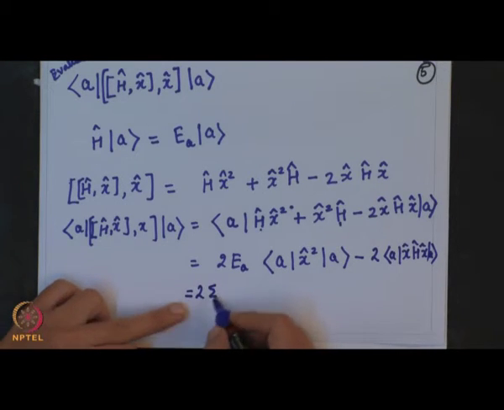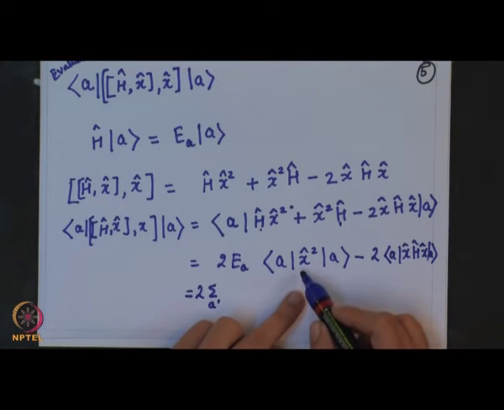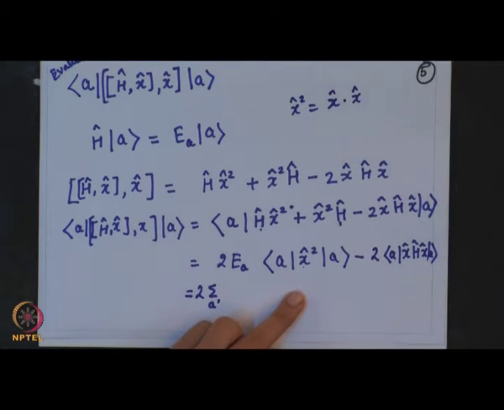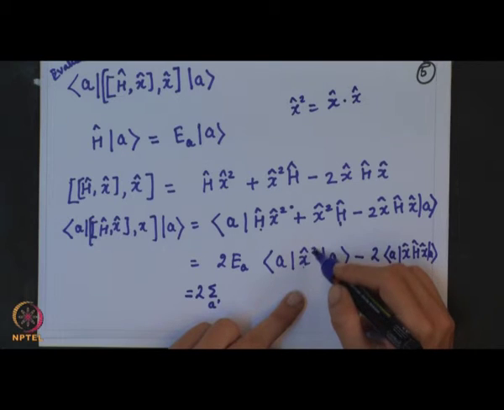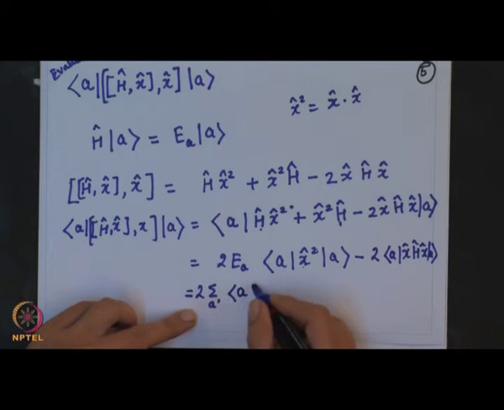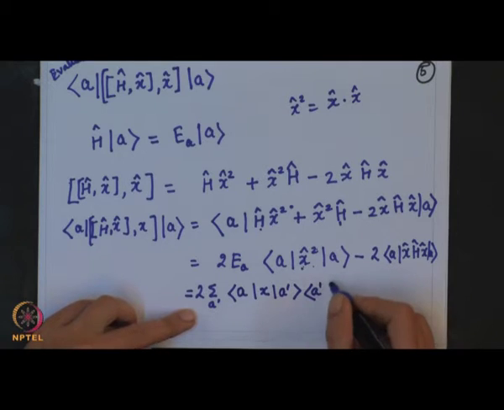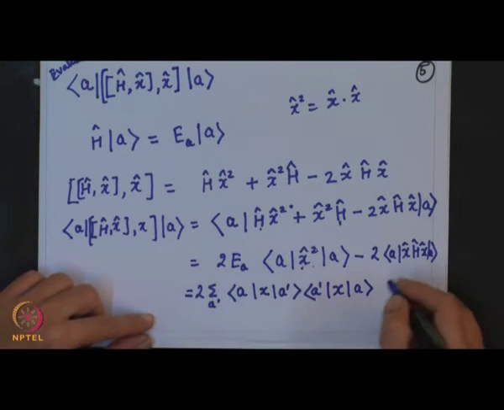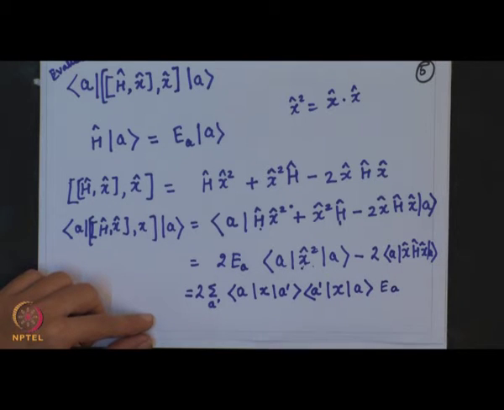Now, what we do is, this x operator square can be written as x times x. So, between these two x operators, I can insert a complete set of eigenkets, such that I have A between x and x. So, I have one x A prime x A. This will be the first term, which will give me this first expression, and I have E_A also. So, I will write it here, E_A,